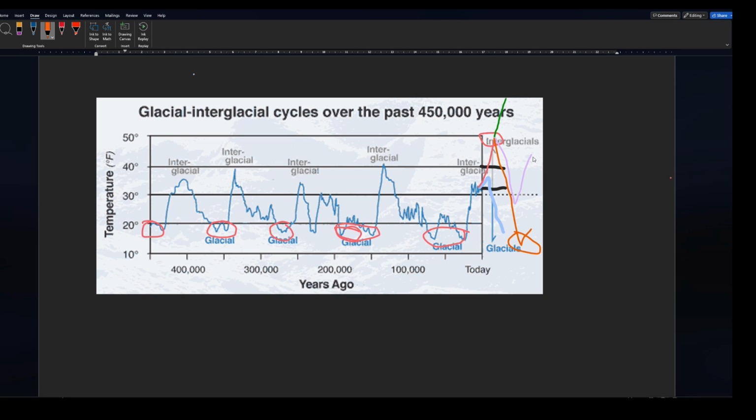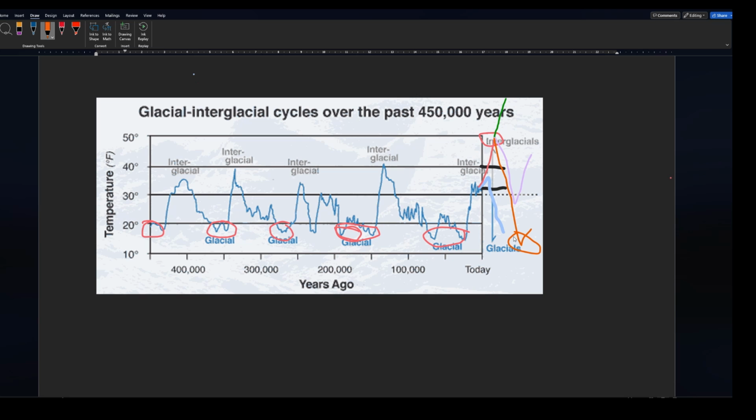I think, and this is just my opinion, there's no scientific basis for this obviously, I think what's going to happen is we're going to get to a point. I don't know if it's exactly here. It might be higher. It might be less. But enough of that ice is going to melt, and it's going to trip the shutdown of the currents, like what happened in the past, and then maybe add one or two other things that just naturally cool the Earth down, and boom, we start to head into that ice age.